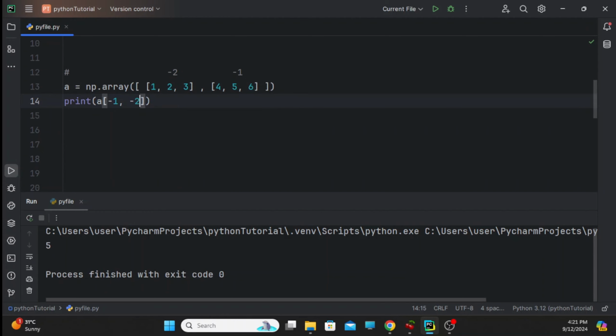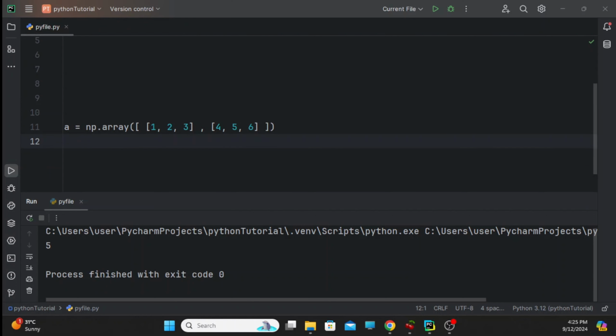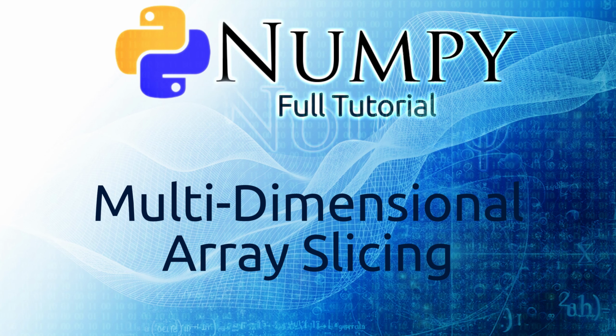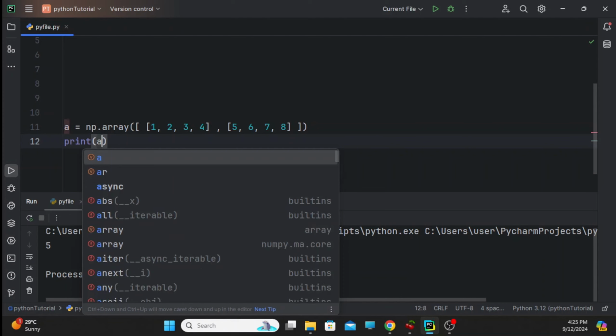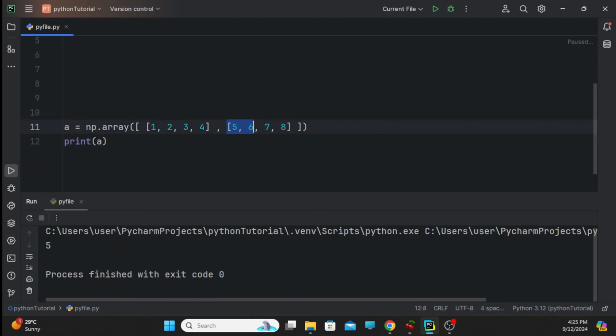You see, the same concept applies, and so on and so forth. Okay, the same thing applies for other multidimensional arrays. Also, let's try to extract a section out of a multi-dimensional array. We will change the structure. I want to get out of the second element at position 1 the values from 5 all the way to